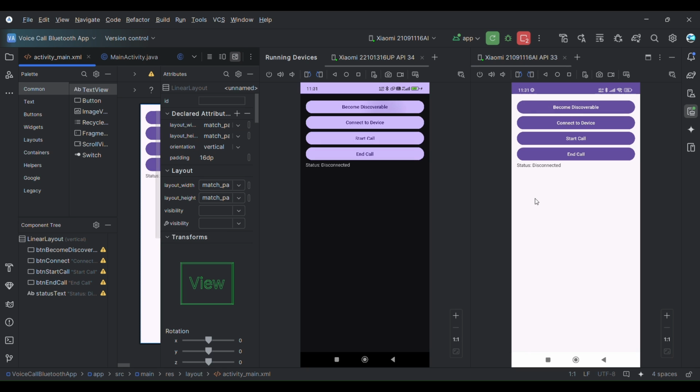I'm making both the phones discoverable, and then trying to connect. I'm hoping it connects. Yeah, it gave an error for a moment, but when I retried, it connected. It will show connected to device, or connected to a particular device name. Then we can start the call by pressing the start call button, and the status will change